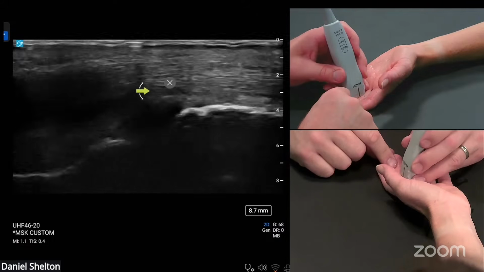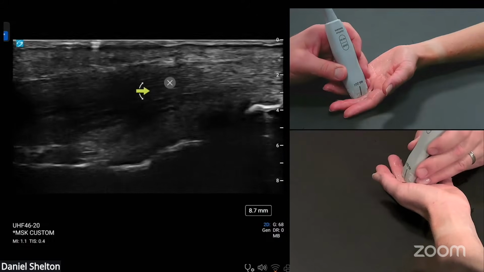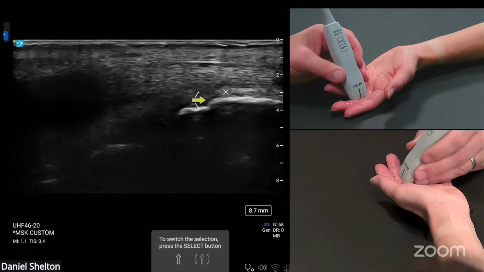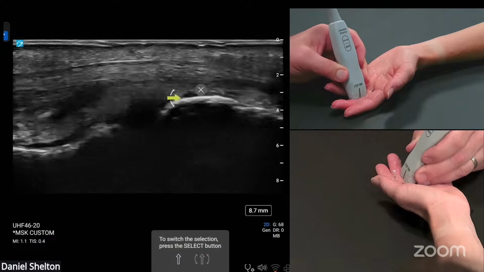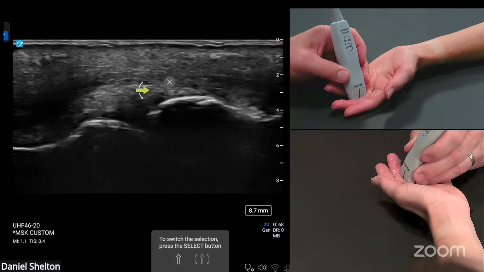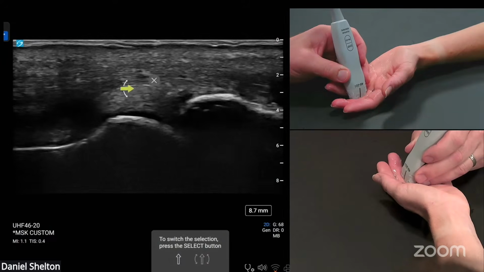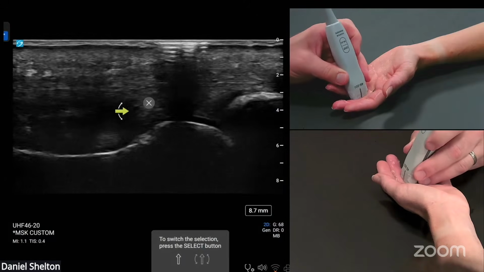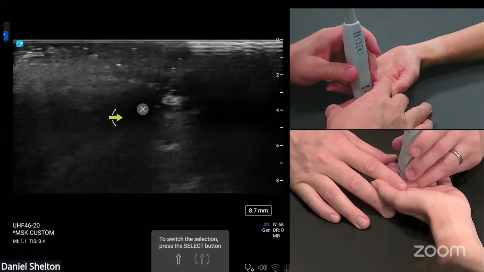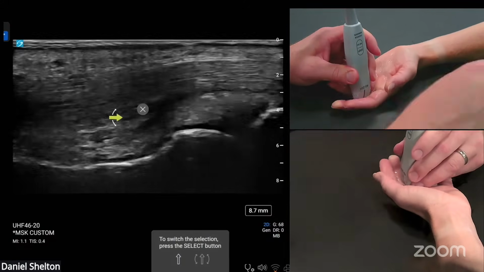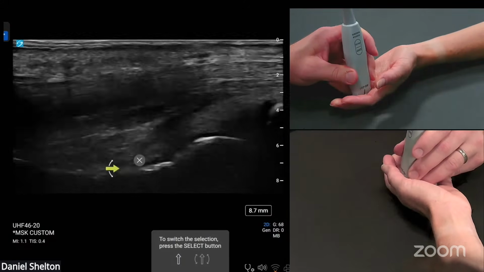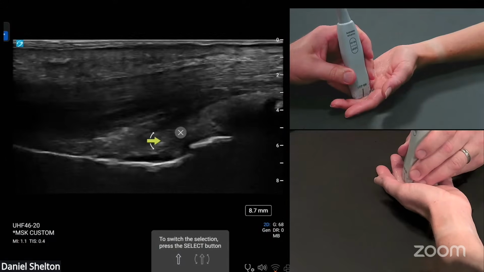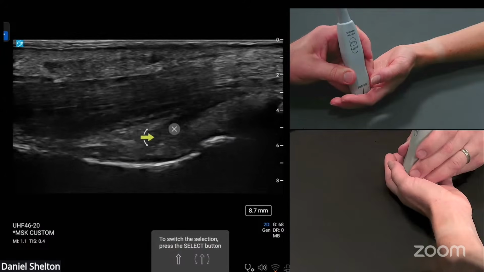Then we'll take this second to talk about the palmar plate. So the palmar plate is this fibrous connective tissue that originates here at the base of the proximal or middle phalanx. We're looking at a cross-sectional plate of fibers. So the fibers are coming at us in the picture. And then they have a tail right here of fibers that branches off and holds itself down to the proximal phalanx right here. And these are called check rein, like the reins of a horse, check rein ligaments. And we can see one shadow here